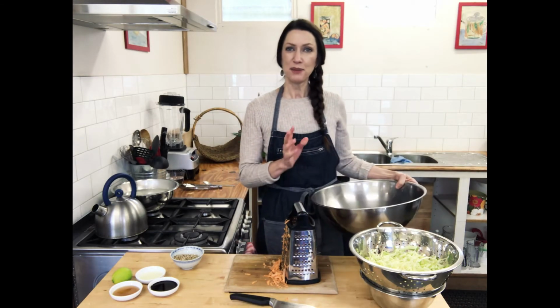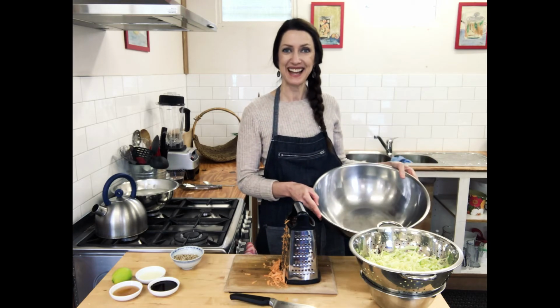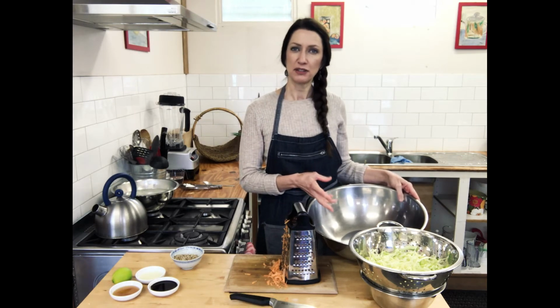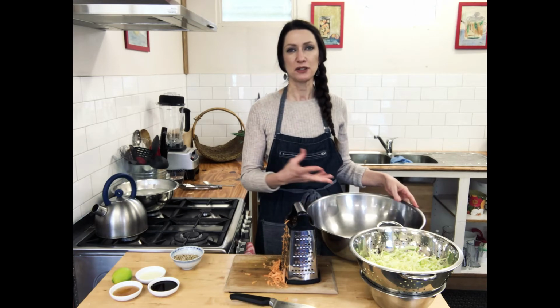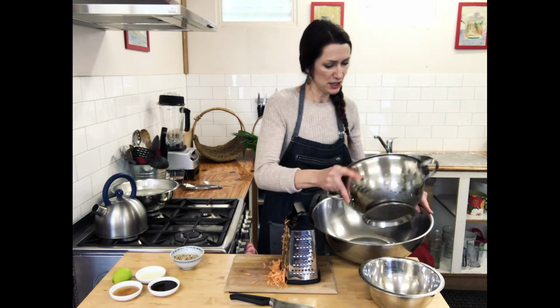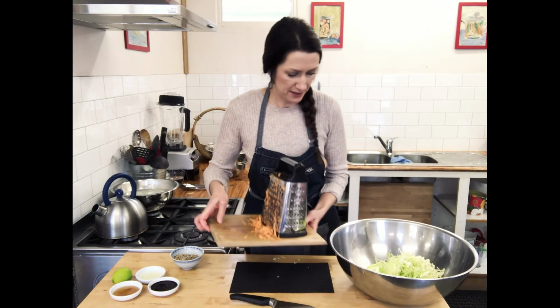Now I'm going to put together my salad in this enormous big bowl. Yes, I know it looks like it's too big for the job, but I really love using really big mixing bowls when I'm using a lot of leafy herbs and things like that, because they don't get squashed. There's lots of room for everything to move. So let's put everything in here. And goes our cabbage, all our grated carrot,